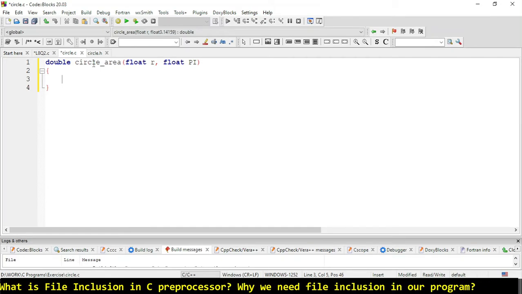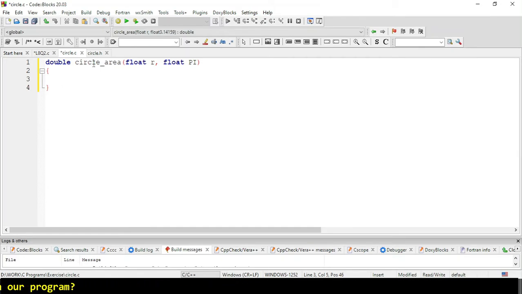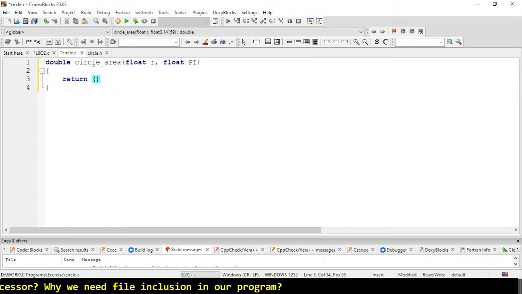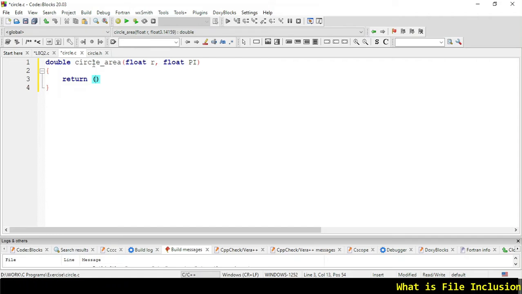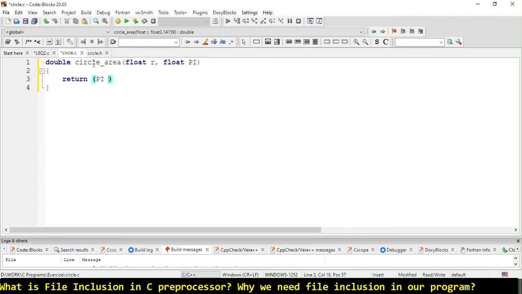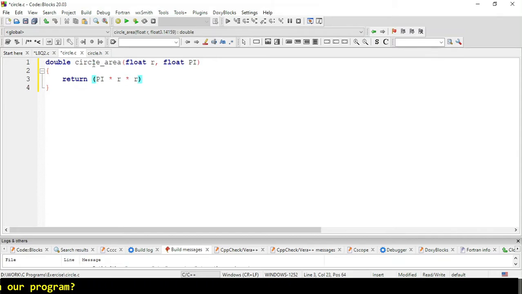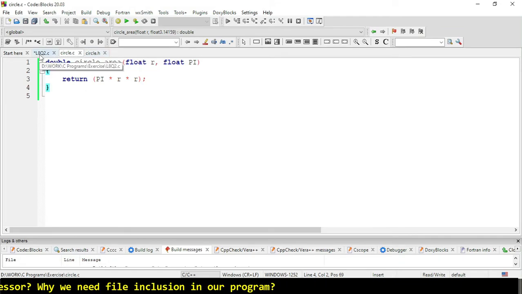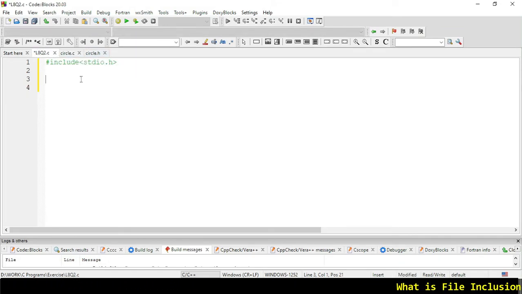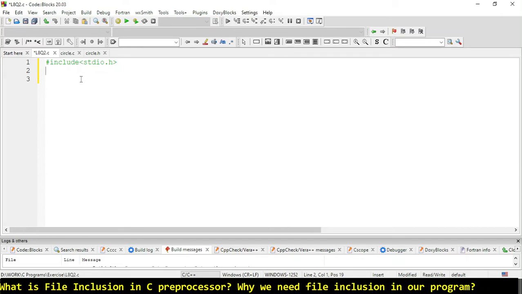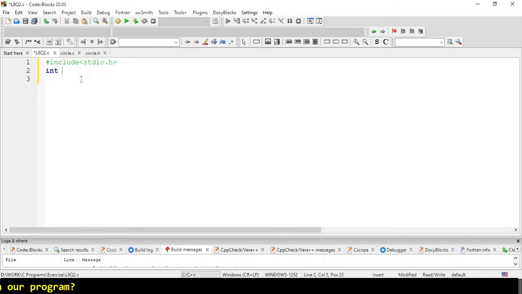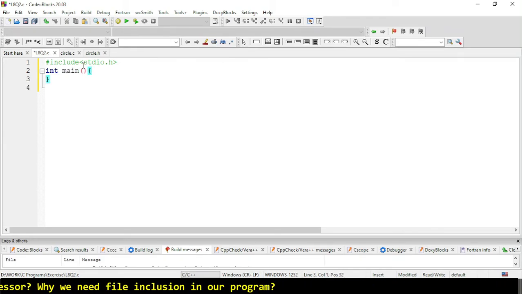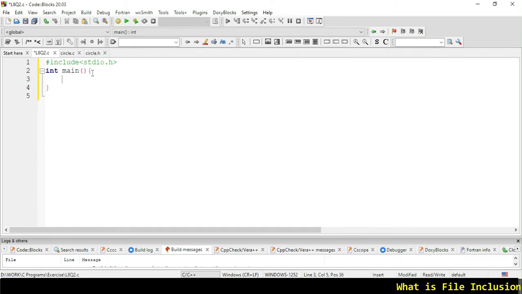And now we have to return something, the actual functionality of this function. So return pi r square. So pi will be capital, star r, and semicolon. Yes, so the task has been completed. Let's move to our main program. As you can see, circle.c is not using a main function because we are using file inclusion here.